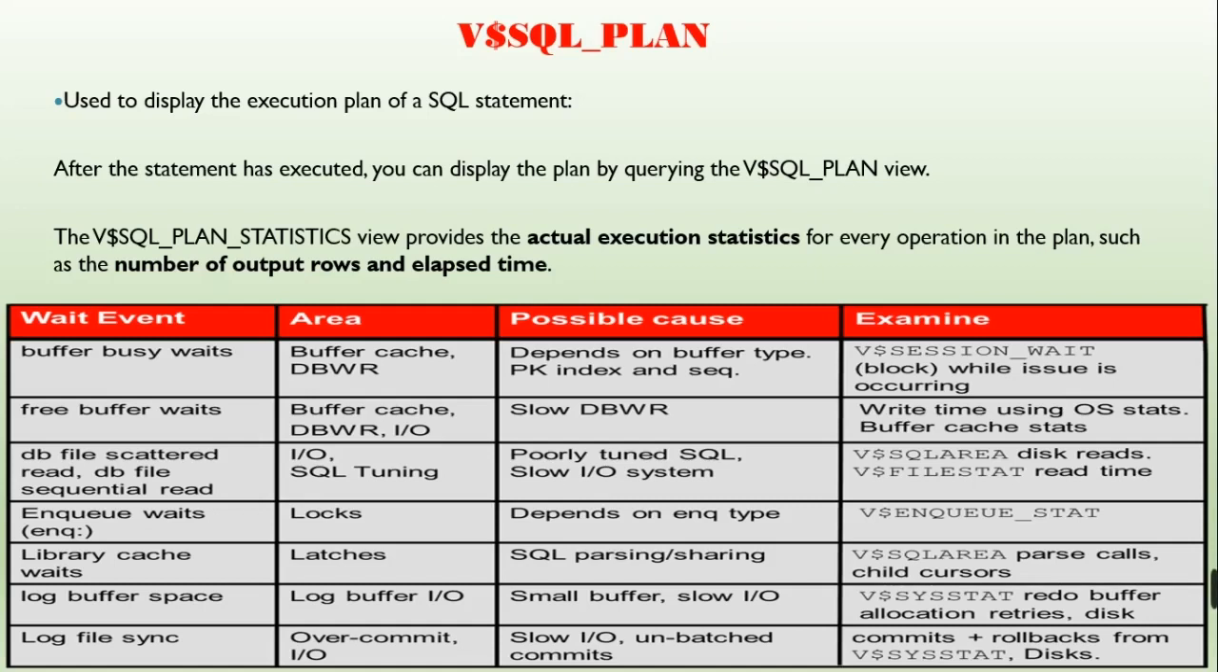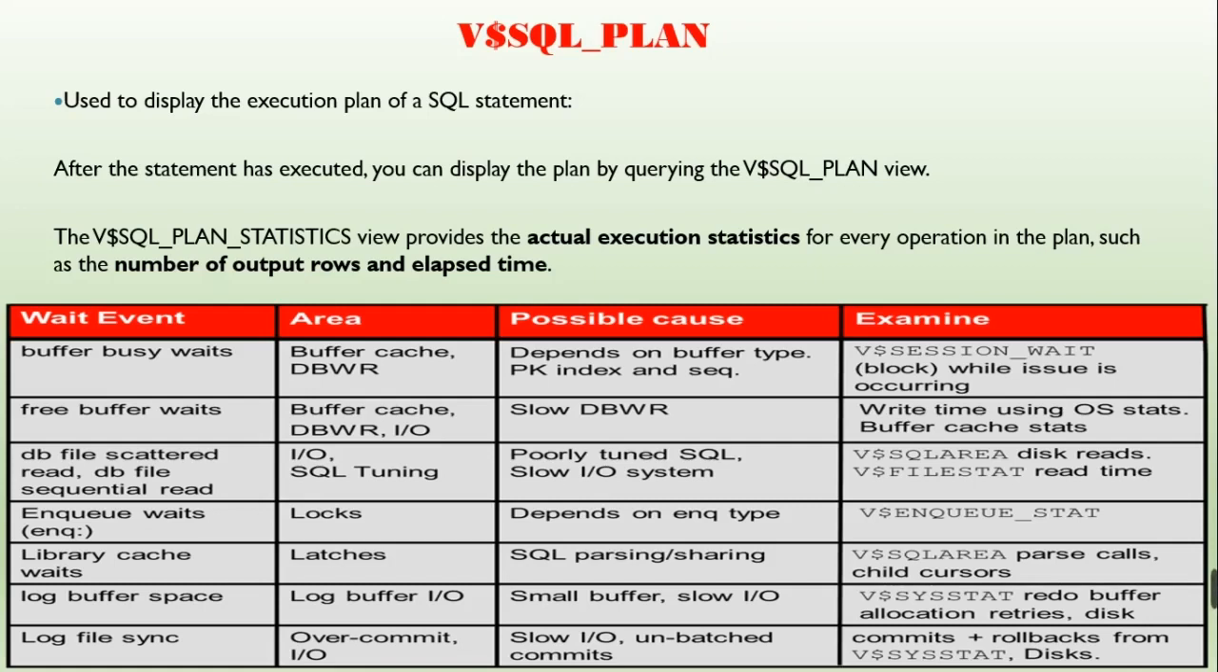Here are the wait event areas, possible causes, and what to examine. Buffer busy waits: area is buffer cache, possible cause depends on the buffer type, such as index blocks and sequences. Examine V$SESSION_WAIT to see which is occurring. Free buffer waits: buffer cache, DBWR, slow I/O, slow DBWR write time, examine OS statistics and buffer cache statistics. DB file scattered read and DB file sequential read: I/O, SQL tuning, poorly tuned SQL, slow I/O system. Examine V$SQLAREA disk reads and